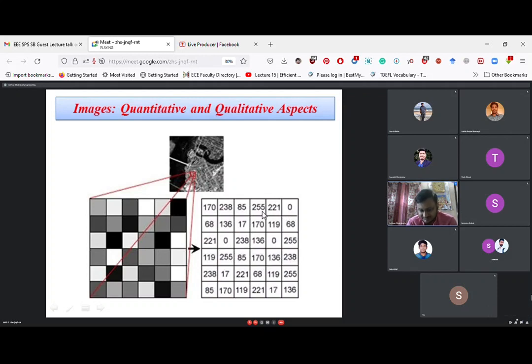If we want to process this image by means of software or hardware, as of now I am talking about software only, we need to perceive the image by using this matrix representation, and each pixel has its value, that is intensity or brightness.